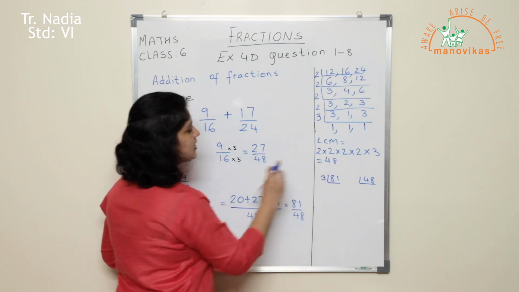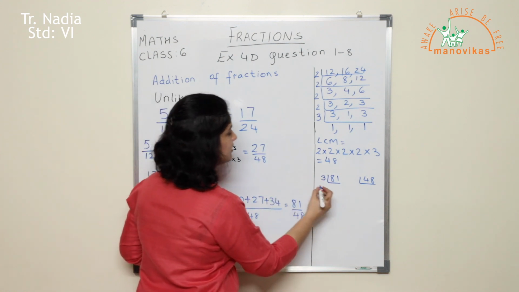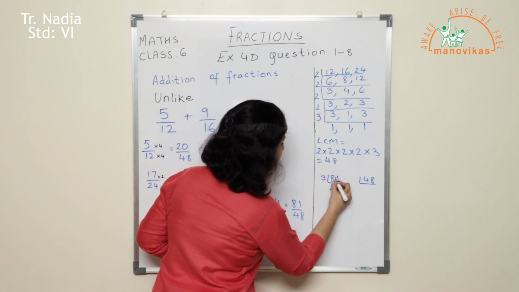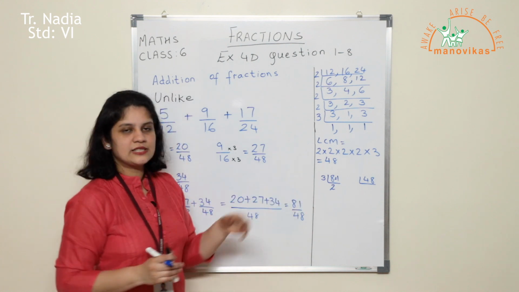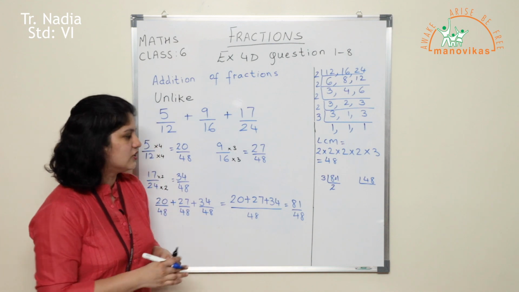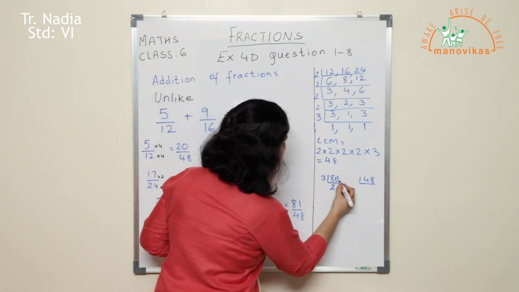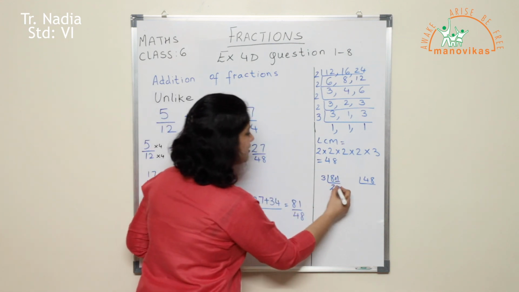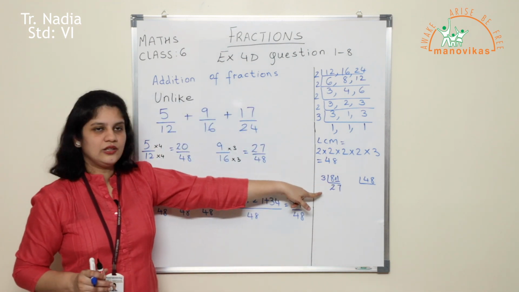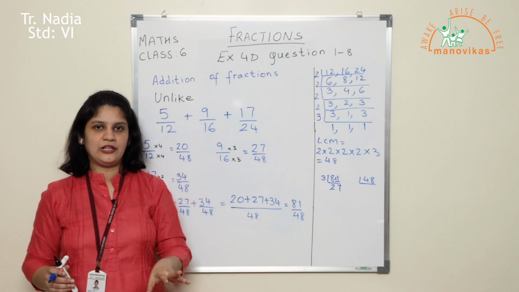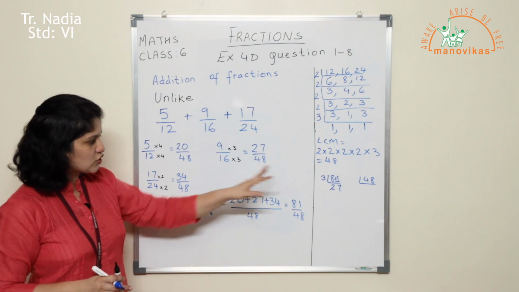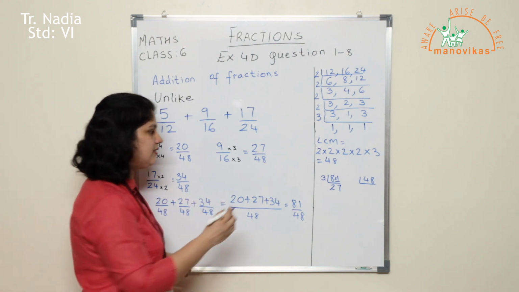8, what is closest to 8 in the 3 times table? It is 3 2s are 6. 2 is extra, I will put it here. 3 2s are 6, but the number is 8. The 2 which is extra goes to the neighboring digit. The neighboring digit now became 21. So it is 3 7s are 21. Again children, if you will find it difficult to divide directly, once again I am telling you, keep a rough page handy. Do the division on the rough page. So 81 divided by 3 is 27.